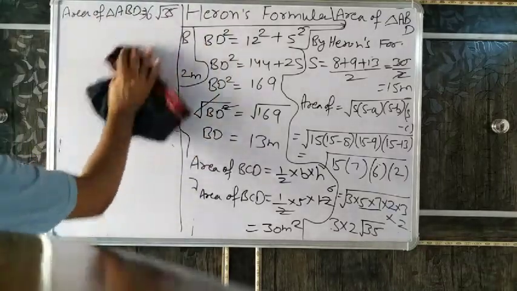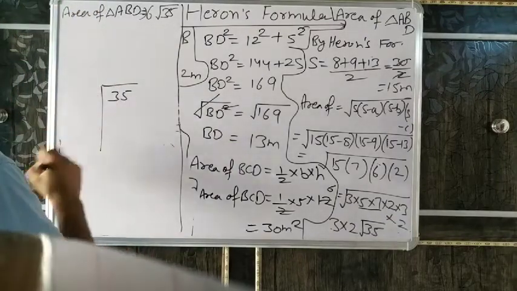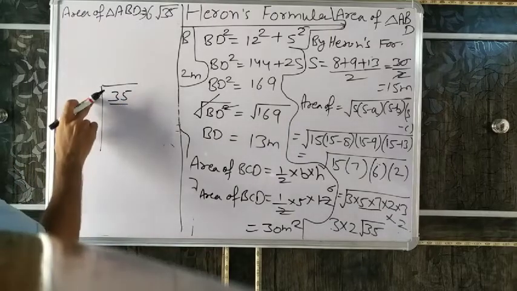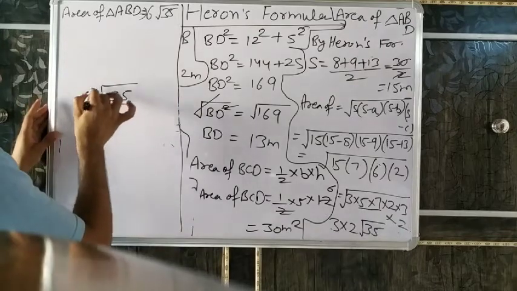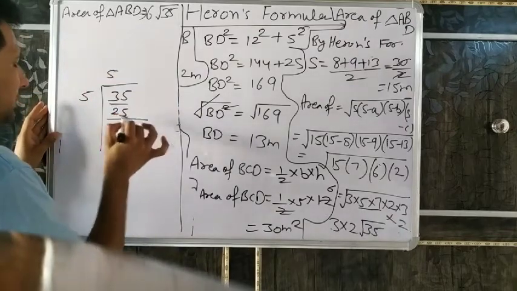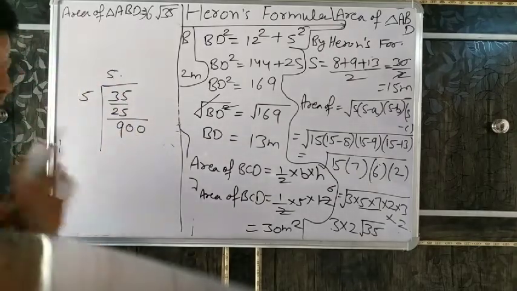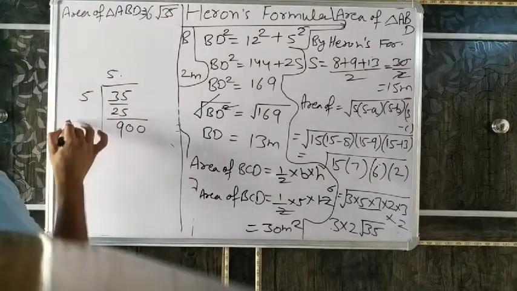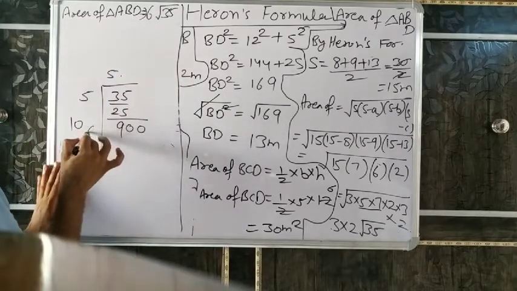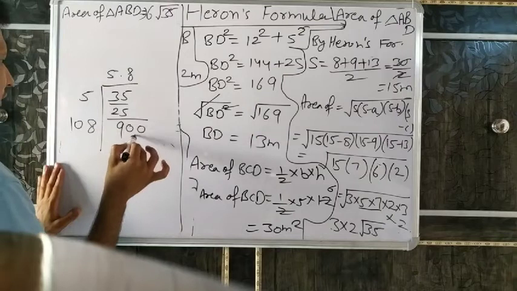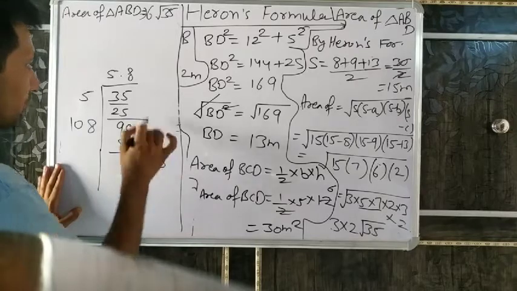And in 8th class, we already learned how to find the square root. Square root of 35, how will you find it? Make pairs. If you write 6, 35 is greater. So 5 into 5, 25. What remains? 9. Now decimal, and 2 0, always in pairs. So 5 into 5, 10. It goes on 8. 8, 8 into 8, 64. How much remains? 36. Again 2 0.